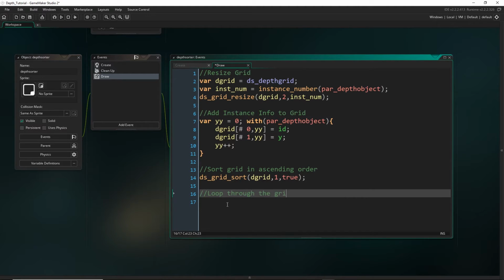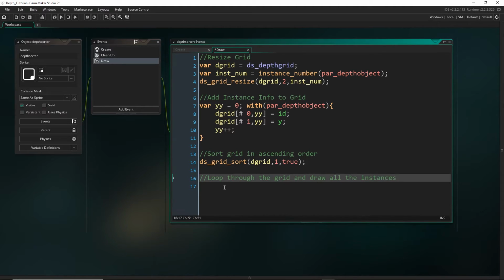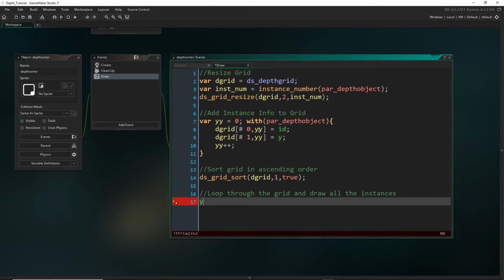Now all that's left to do is to sort through that grid and draw all the instances. So now we are going to do a very similar thing to what we did up here, but we are going to use an actual repeat loop this time. So I'm going to reuse that YY variable that I had before. I'm going to set it back to 0. I'm going to use a repeat loop. And now